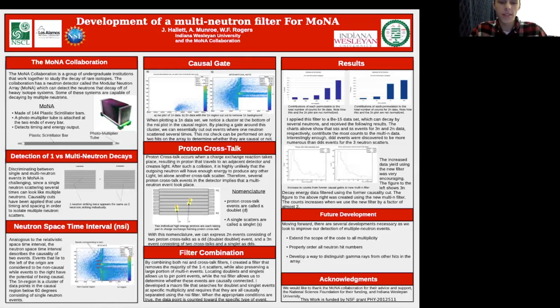So the actual filter that I wrote is a combination of the proton crosstalk and the NSI causal gate. And the way it works is it's a macro file that searches for doublet events and singlet events, and then it uses the NSI plot to make sure those aren't causally connected. So whenever we have an event that meets those criteria, it gets thrown into either a 3N data set or